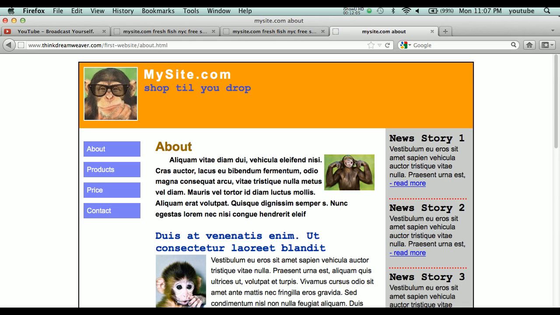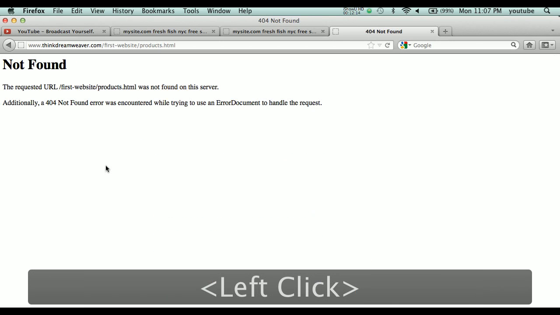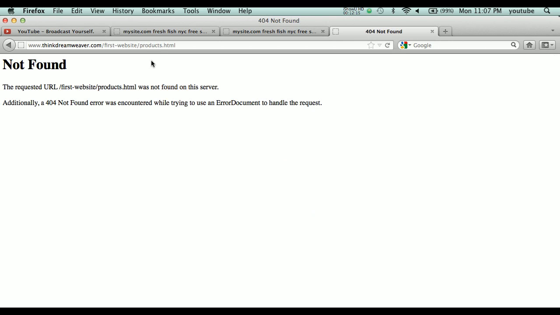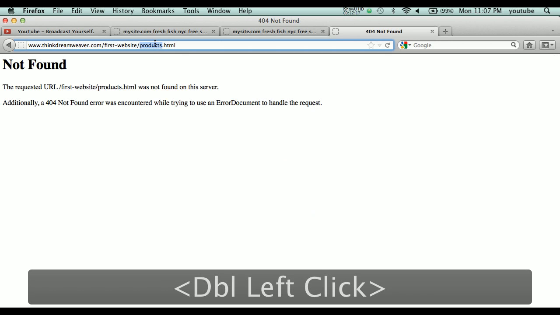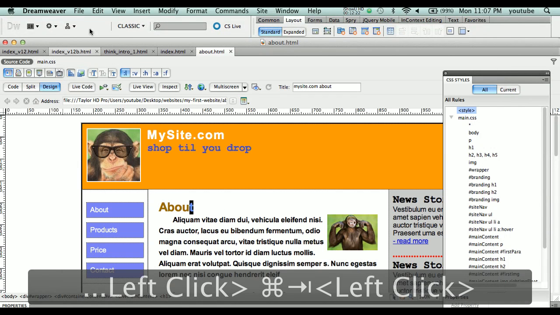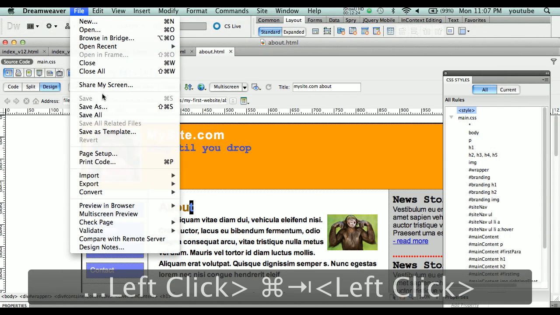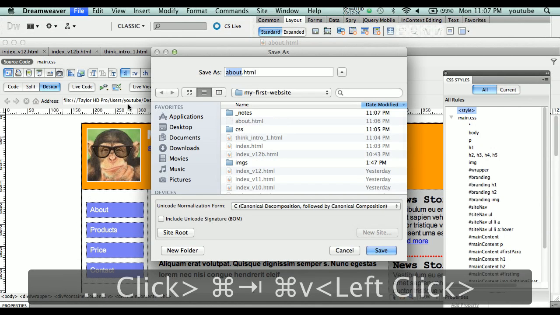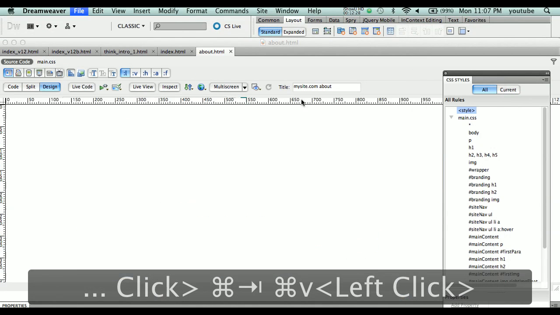Did I call it the about page? Did I call it about us? Did I call it about hyphen us? Who cares? That's the name of the file right there. So when I click here for products, what's the name of my file that doesn't exist? It's right here. Double click, copy, go back to Dreamweaver, file menu, file, save as, and paste, return,